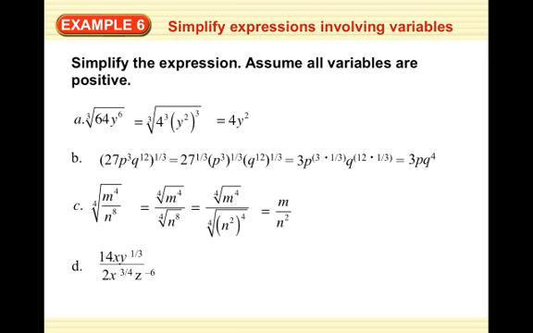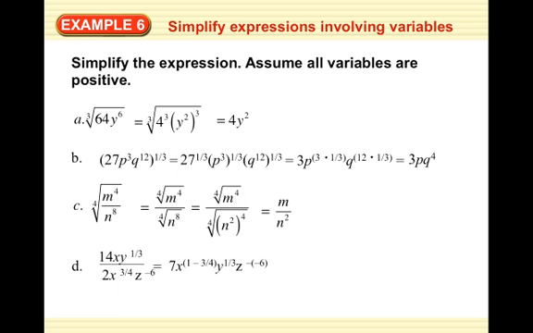Okay, we've got 14x times y to the 1/3 power all over 2 times x to the 3/4 power times z to the negative 6. So 14 divided by 2 is 7. x divided by x to the 3/4 means we're going to have x to the 1 minus 3/4. We have y to the 1/3, and then if we bring z up to be on the same level as everything else,